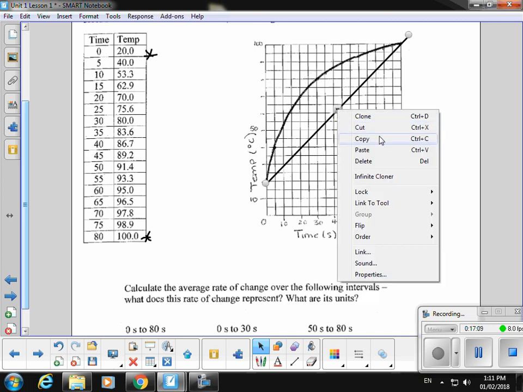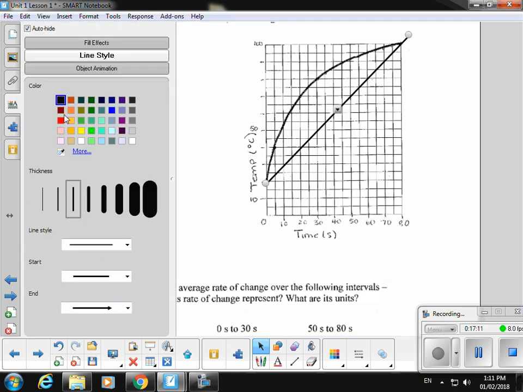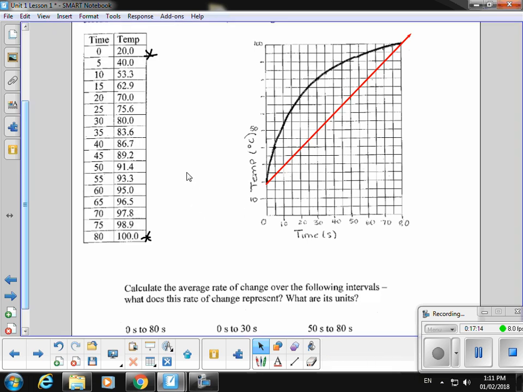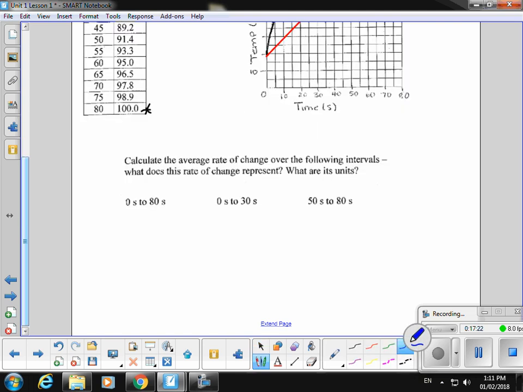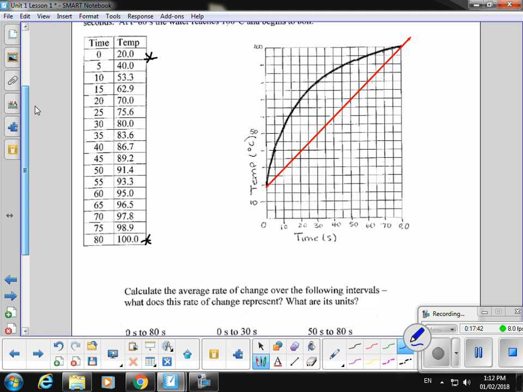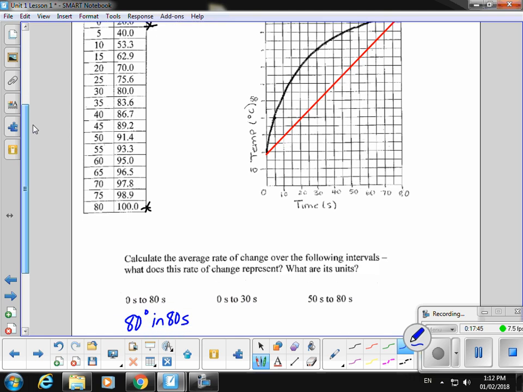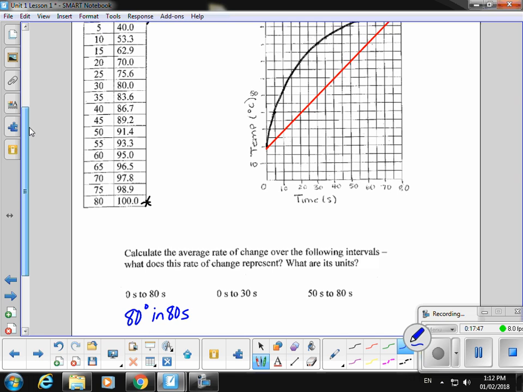Just like to change the color so we can see it. Okay. So from 0 to 80 seconds, I am changing 80 degrees. 80 degrees in 80 seconds. So my rate of change is 1 degree per second. But that really doesn't seem reflective to me, looking at that diagram, about what is happening, not representing that story very well at all. If we narrow our interval a little bit, if we go from 0 to 30,